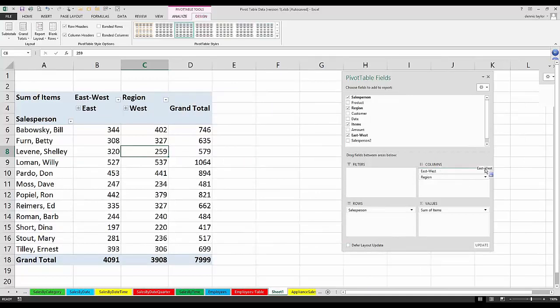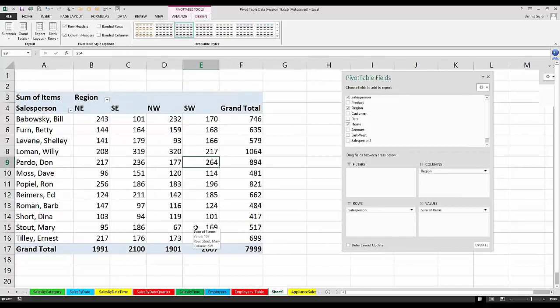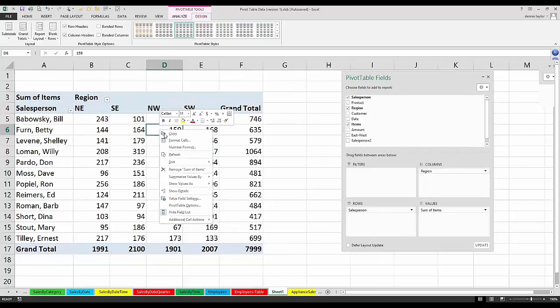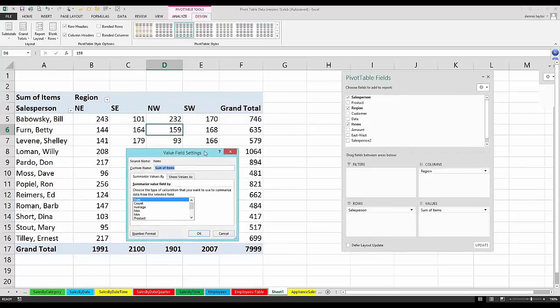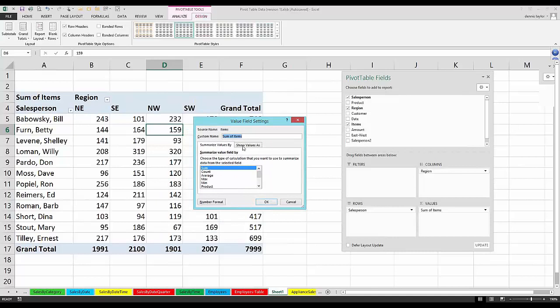And take out East-West 2. And talk about another way to display the data. Maybe we'd like to do some comparisons here, and there are a lot of comparisons we can get to. If you right-click within the data, you can go to a setting called Value Field Settings. Show values as